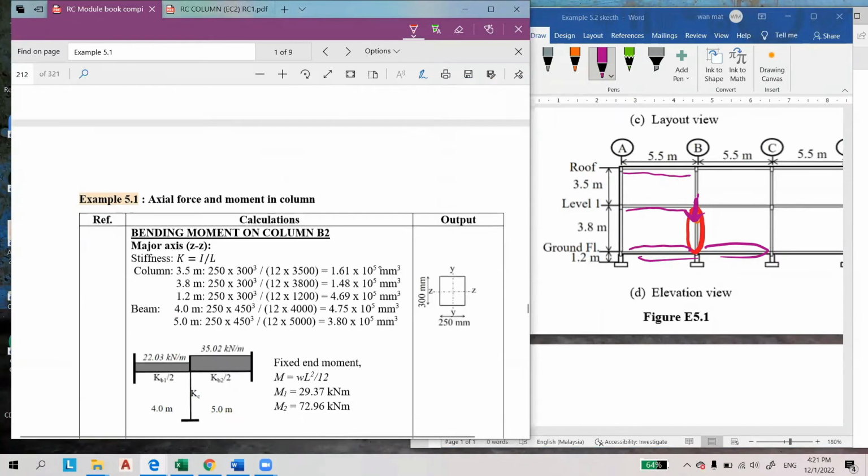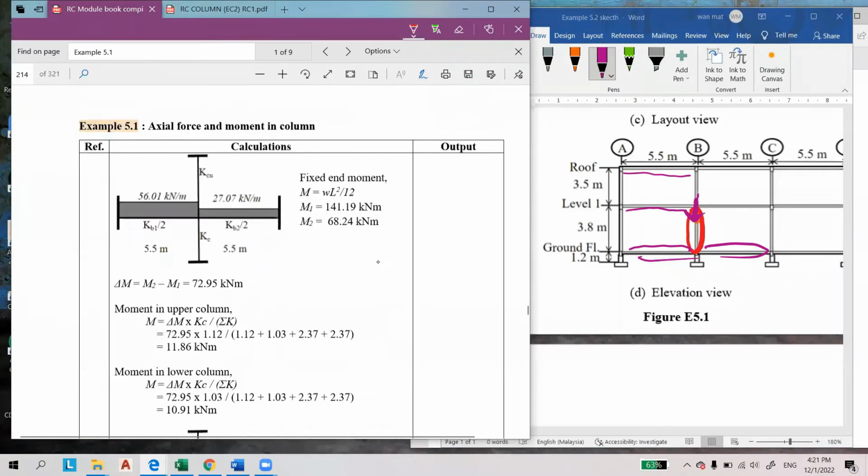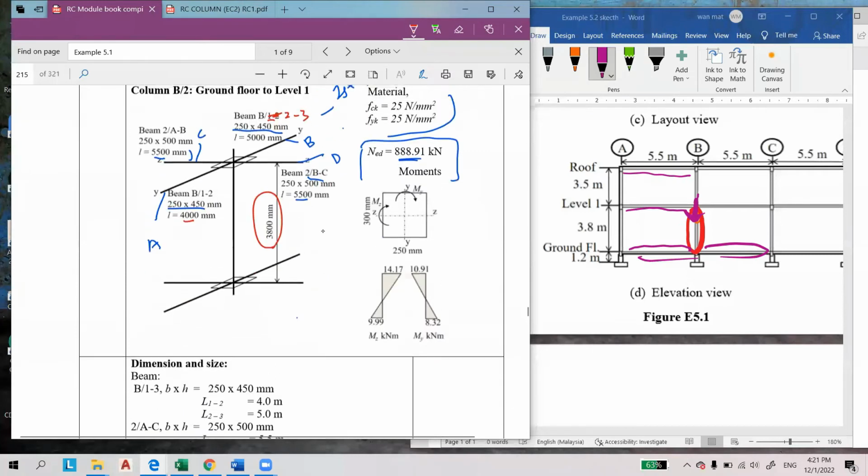And then the bending moments here are Mz and My. So Mz at the bottom is 9.99, and at the top, let's say here,